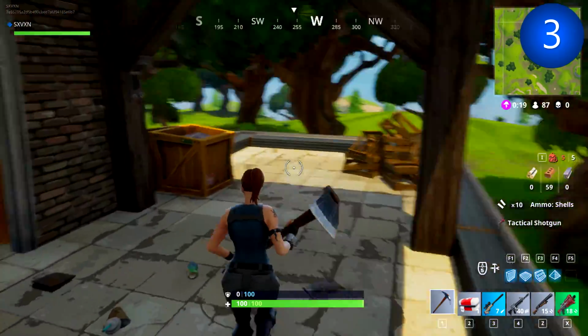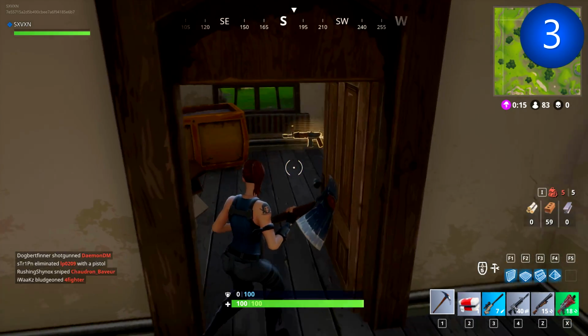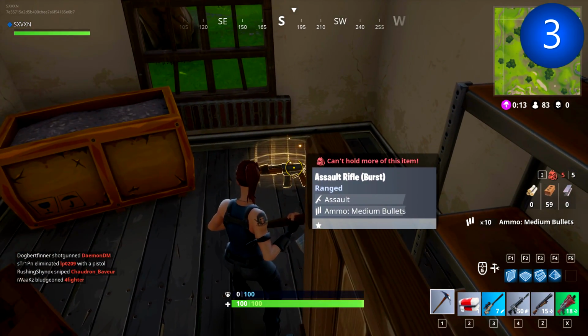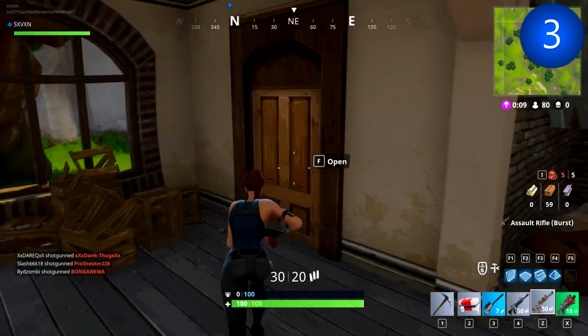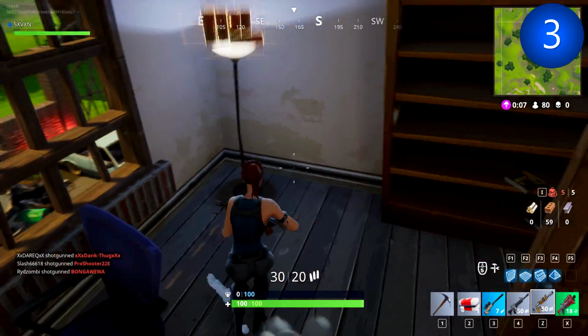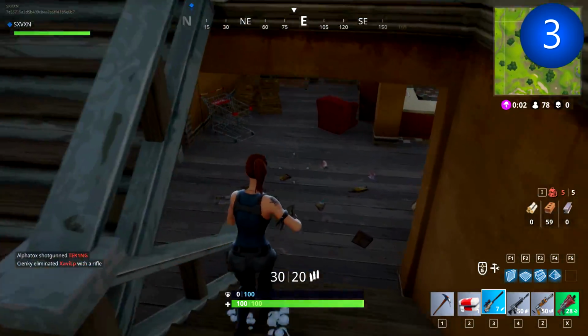Now, what you want to do after this is make sure you go around all the different rooms and pick up all the different items that you can find. There's a lot of ammunition. You'll be able to find different assault rifles and shotguns and semi-autos, etc. So make sure you go around and pick up everything. Don't miss anything, because as you'll see in a moment, I do go downstairs and I also find a shield